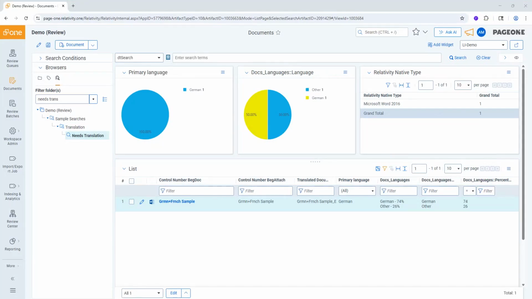In this video, we're going to walk through how to use the translation application. So first up, we need to identify documents that need translation. What we can do is identify the language by looking at the primary language and also the docs languages field. This is something that runs in Relativity, and it's able to detect up to 3 languages per